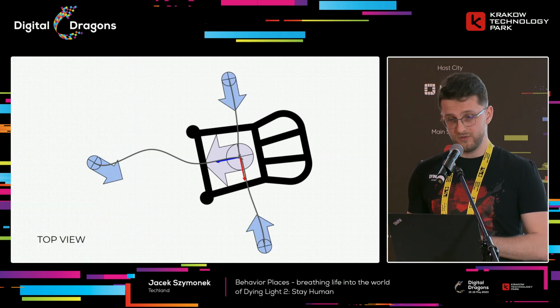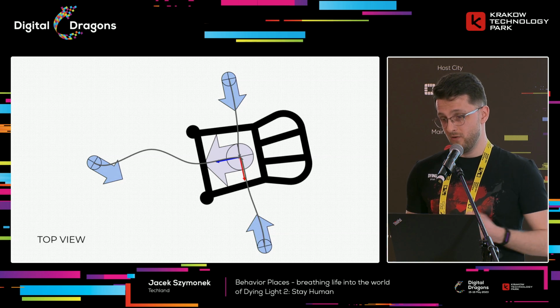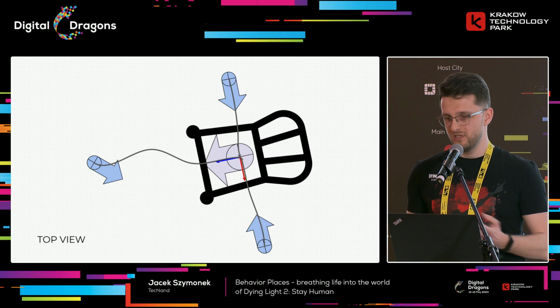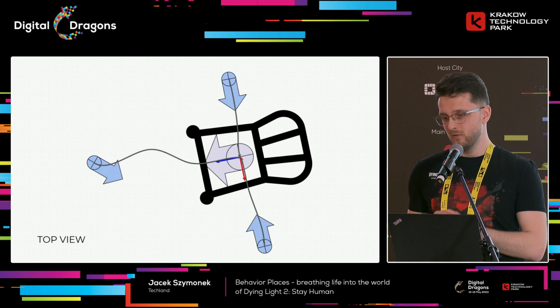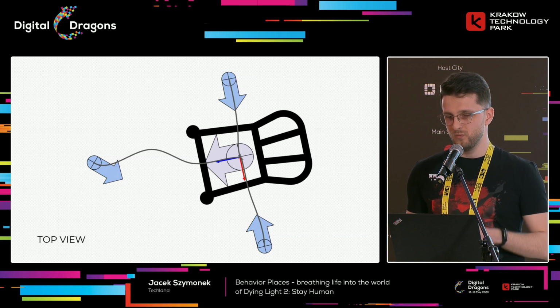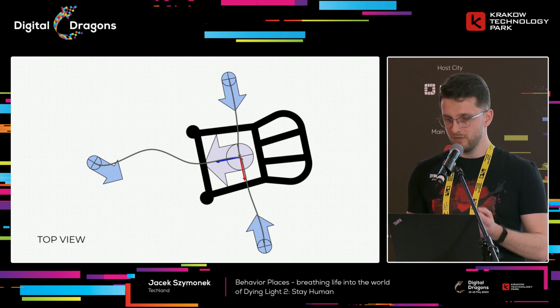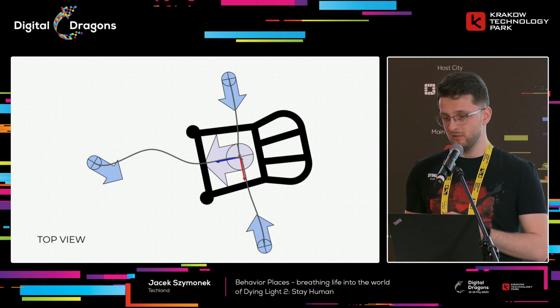There's another bonus to this approach. We can now have multiple entry points in the activity graph. For example, one for approaching the chair from the left, one from the right. We simply calculate entry points separately for each one. And with this data at hand, AI can now easily pick which entry point it would like to use to best approach the chair, based on the distance to the point or its orientation. Also, if one of the points is unreachable, we can simply pick another one.